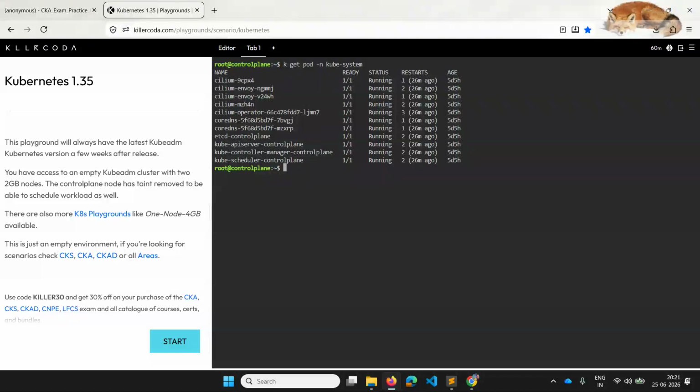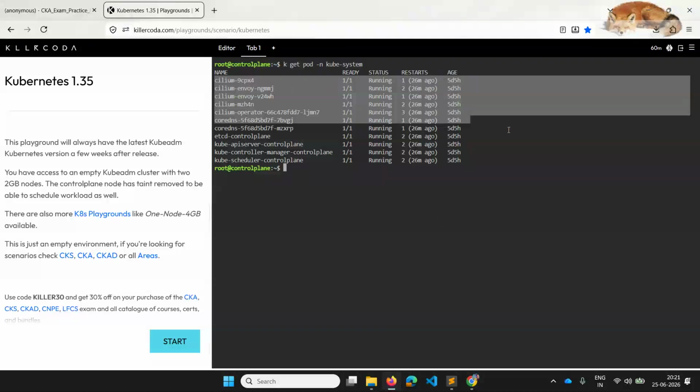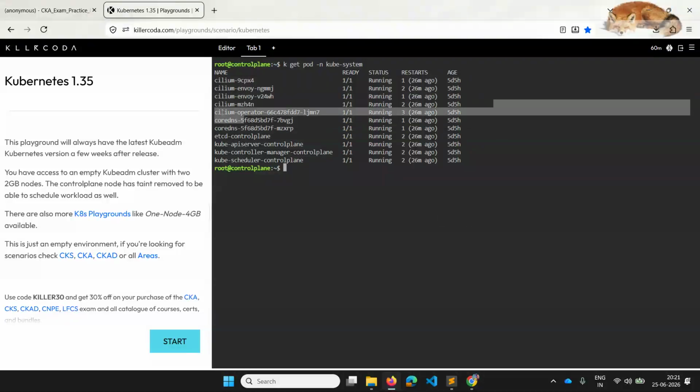If you see, Cilium is there, and I know that Cilium is one of the plugins, and it is in running status, so there is no problem with this. If you see something like CrashLoopBackOff or anything like that, then that is the issue. Currently in my environment nothing is a problem.